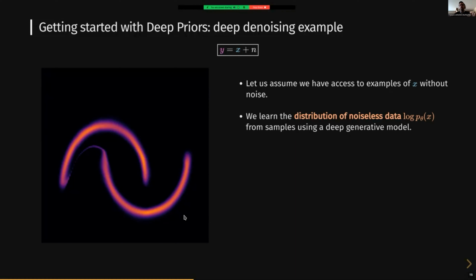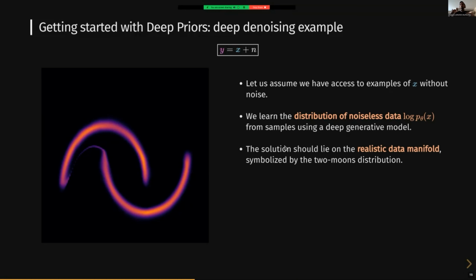So what you see here is the probability of a given point in this 2D space as learned by this deep generative model. If you think about what I'm trying to do with denoising, you can already guess what the algorithm will look like. Let's say that I observed a noisy data point. It will not be directly on this data manifold because it has noise on it, so it will be somewhere offset from this manifold. And the thing that I want to do is to use my knowledge about where the data should live to try to bring back a point that is offset from the manifold back to the manifold.